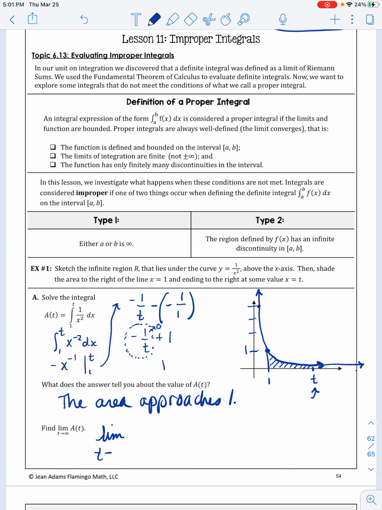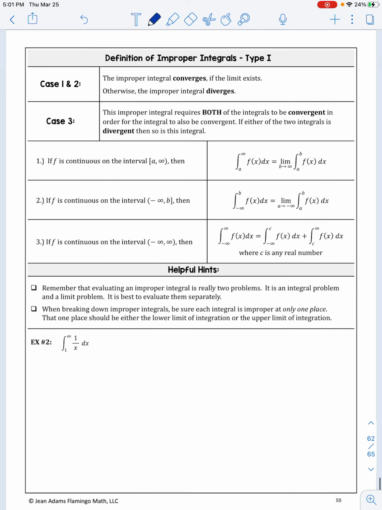So now if we found the limit as t approaches infinity of this A of t, that would be the limit as t approaches infinity of negative 1 over t plus 1. And there you can also see that if you put infinity into this negative 1 over t, it's going to approach 0, and your limit is going to be 1. Okay? All right, so now,